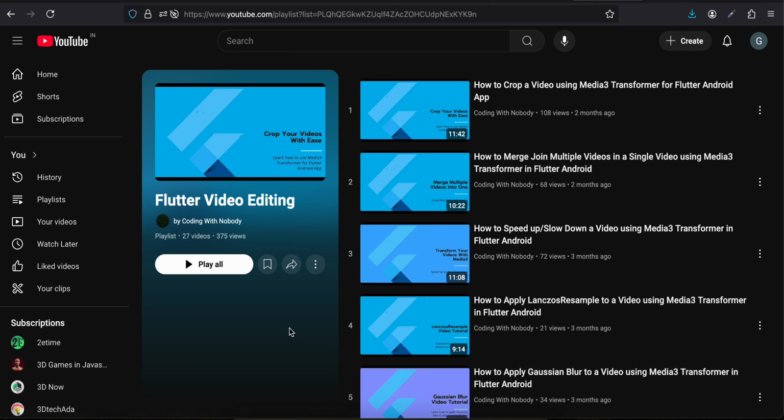Like I told you, Media 3 transformer is relatively new. It is almost 1 year old, I guess, at least at the time of me recording this video. In the future they will add more features to it, but at least for now, if you are looking for a feature which is not directly supported by Media 3 transformer, like one which I know is reversing a video, I couldn't find anything for it on Media 3 transformer. Even in AV mutable composition, I found it difficult to do it. Maybe it is very easy, I'm not sure. So for those kinds of stuff, you can still use FFmpeg